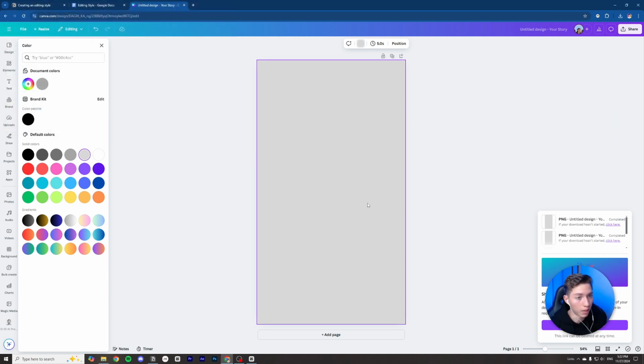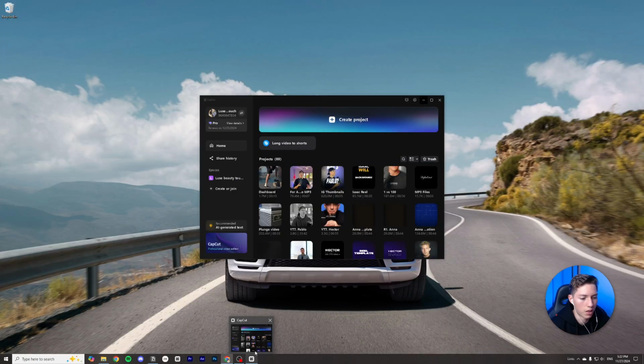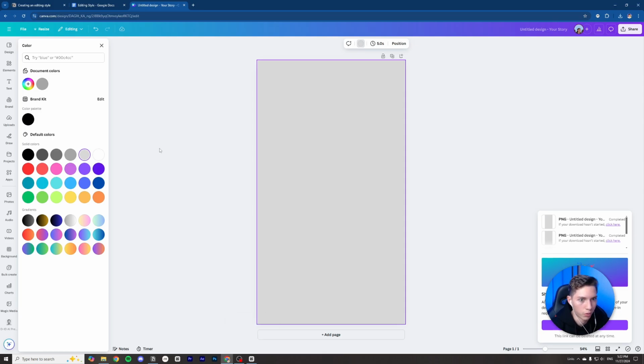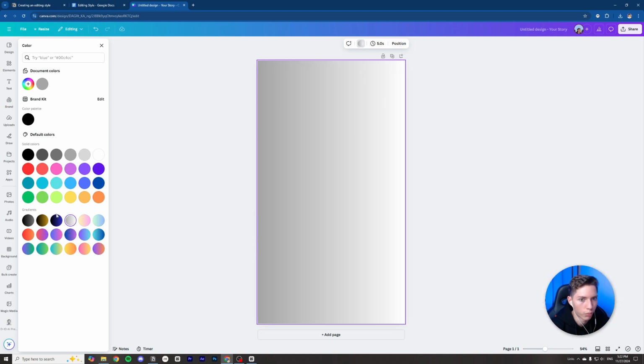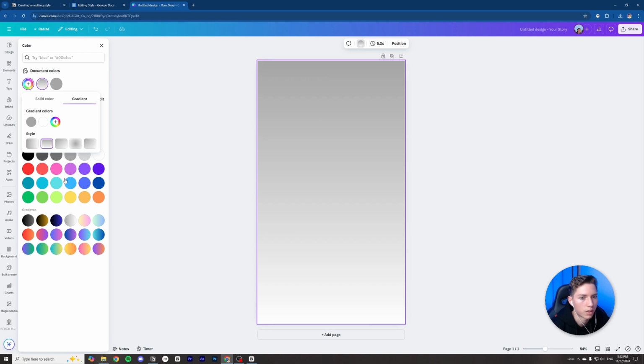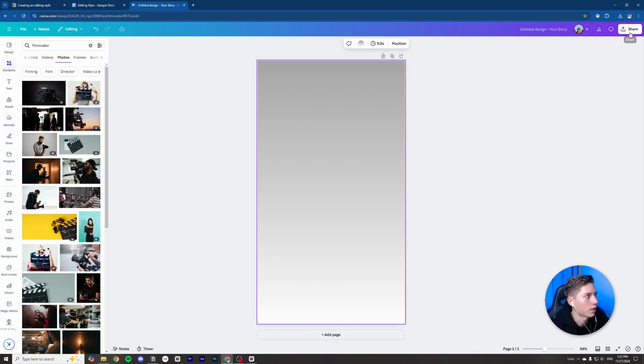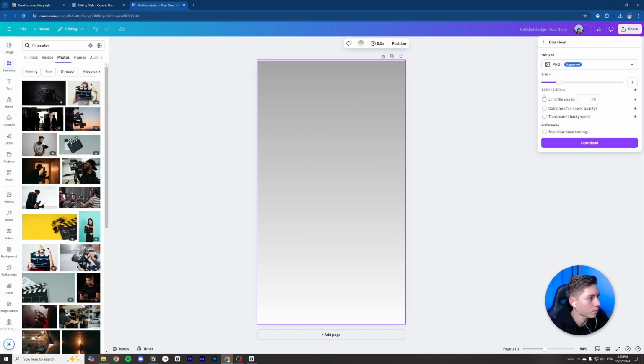Here we are just downloading again the backgrounds. Now these backgrounds are going to be images, of course, but just bear with me, because we're going to see how we can use this on CapCut. Okay, how we can modify them inside CapCut. All right, we can also do gradient if we want. And if you don't like this gradient style, which I personally don't, you can change the orientation of the gradient as well using this. So maybe I would use this one,